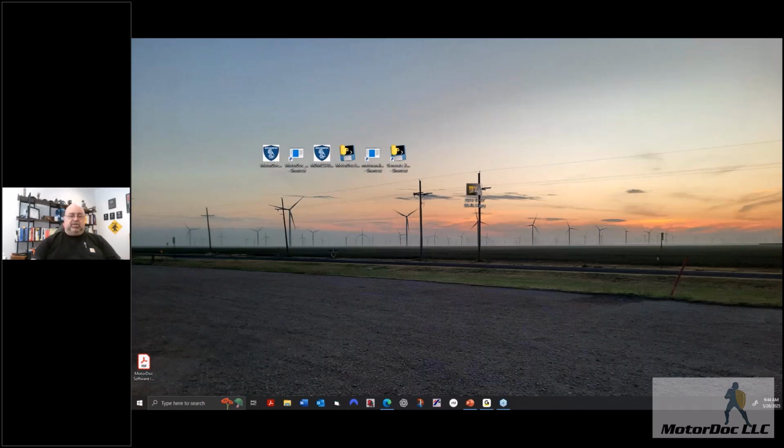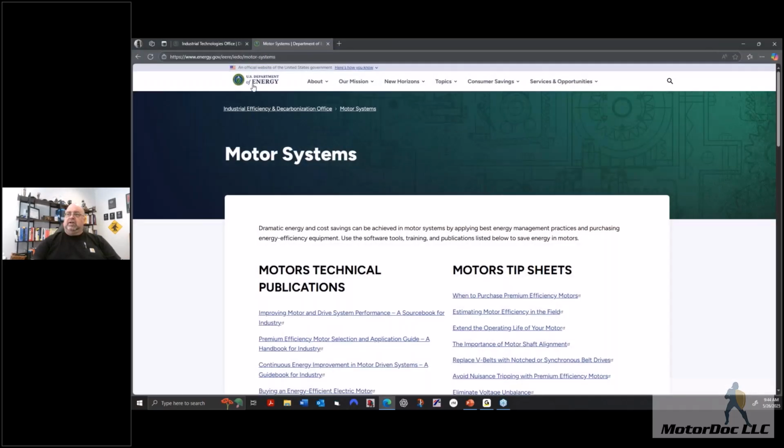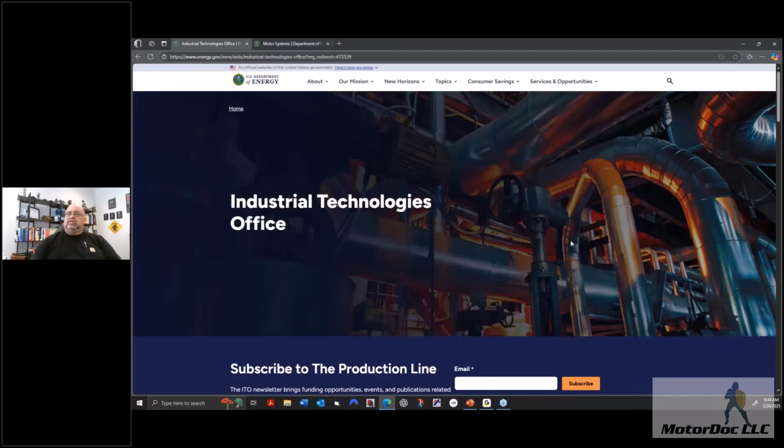In any case, let's go ahead and take a look at a few of the programs. You'll notice energy.gov. Whenever you see .gov, that's actual government. So EERE, the Energy Efficiency and Renewable Energy office, I forgot what it stands for. It keeps changing. I don't know why government wants to constantly change everything, so they keep changing the location of the tools I'm going to show you. So what I usually do to find it is start at